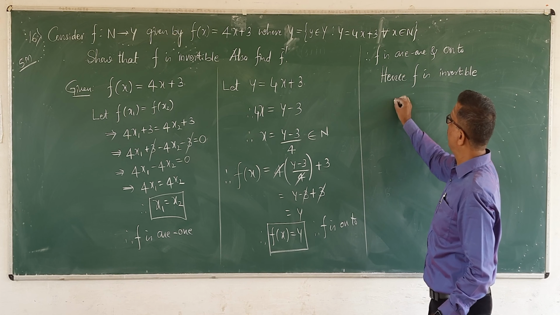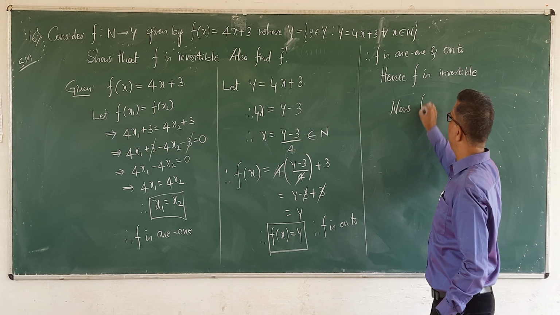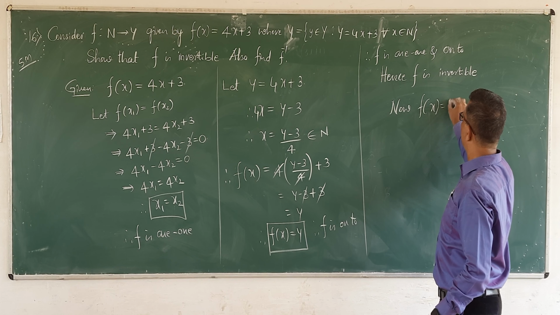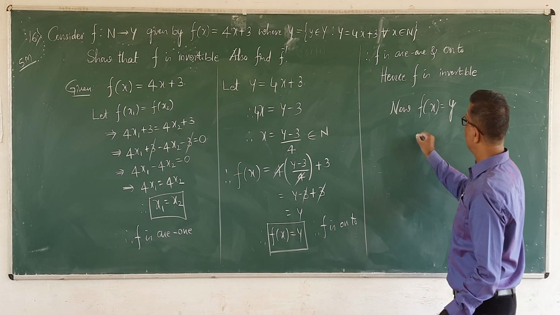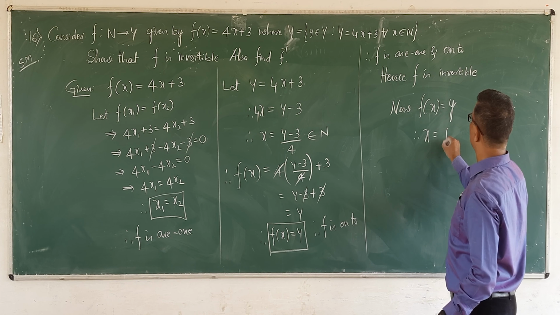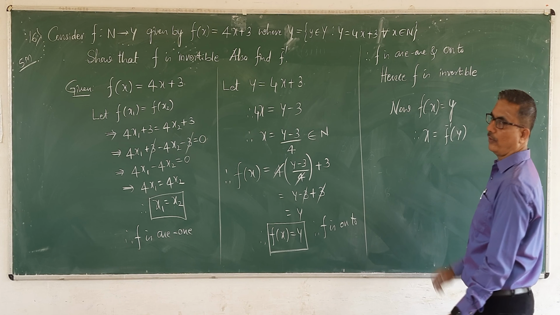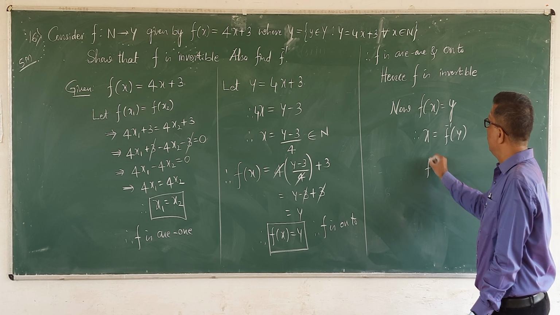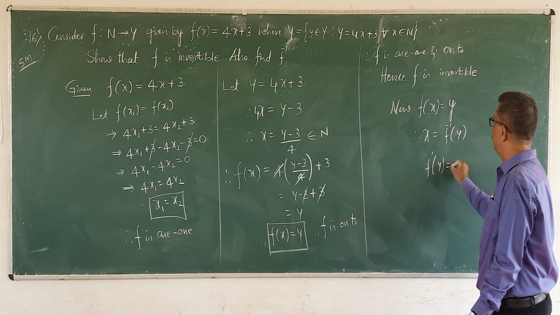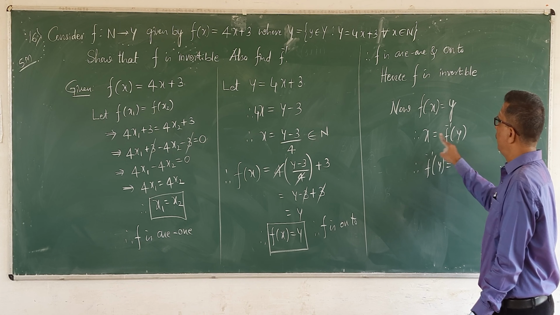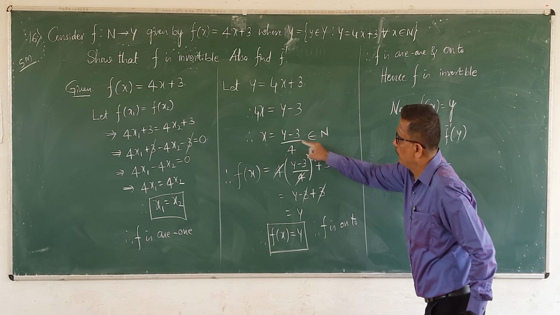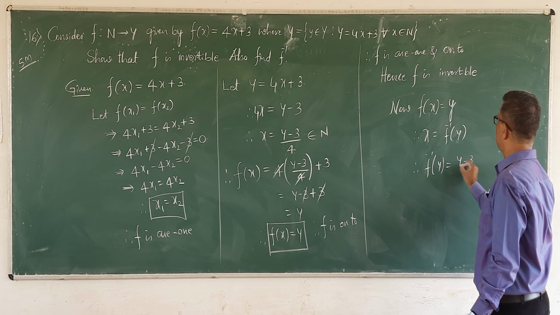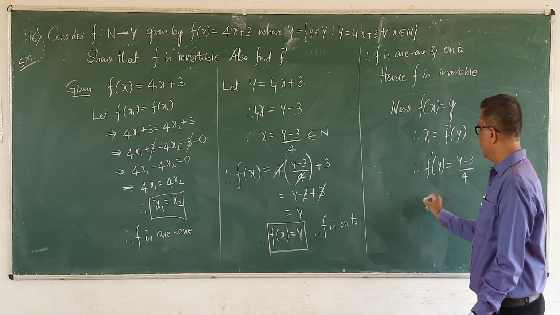Second part, also find its inverse. Now you know that image of x is equal to 1. Already verified. Using this, x is equal to the inverse image of 1, right? Therefore, the inverse image of y is equal to x. But the value of x is y minus 3 divided by 4.